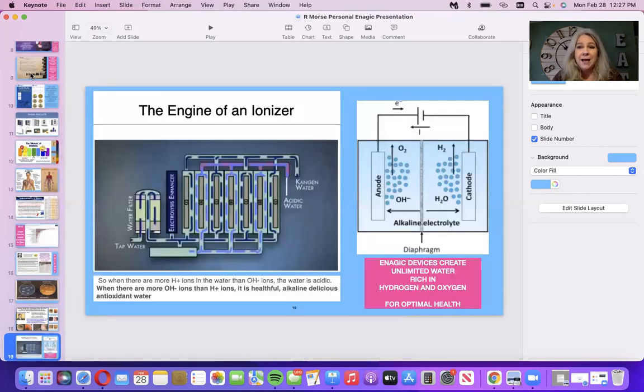Okay, this is what the inside of the machine looks like, kind of how it works. It goes through a water filter, and then you have the electrolysis enhancer, and that creates the electricity that hits and makes these negative and positive charges in the water. And so you have two tubes. One comes out acidic and one comes out with Kangen water. Now, just because the water is acidic, it still can be used. Now I'm going to show you that you can use it in your home, but your alkaline, you definitely want